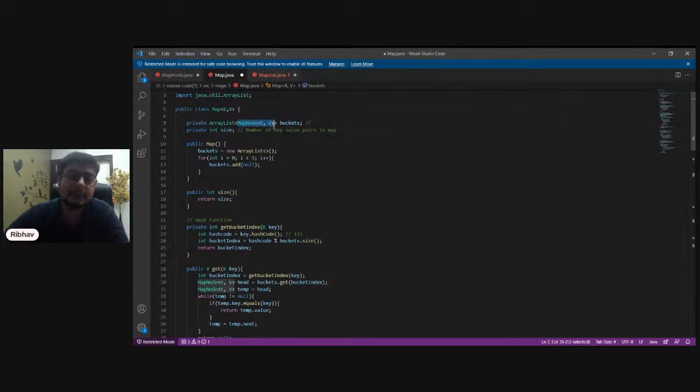So essentially, if I just have a head of the linked list and my head points to the next element, and that next element points to the next of the next element, all I need to do is maintain a map node array list. This map node contains the next element, and that can be storing the rest of the linked list. If you're familiar with linked lists. In case you are not, we'll be going through that in the course as well.